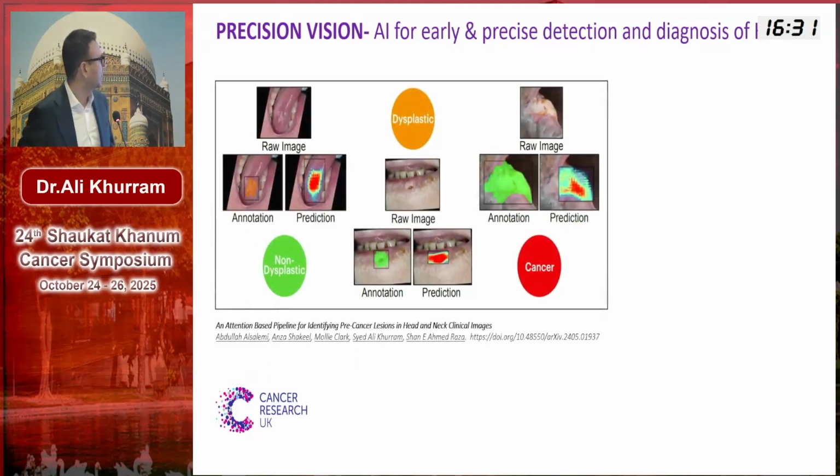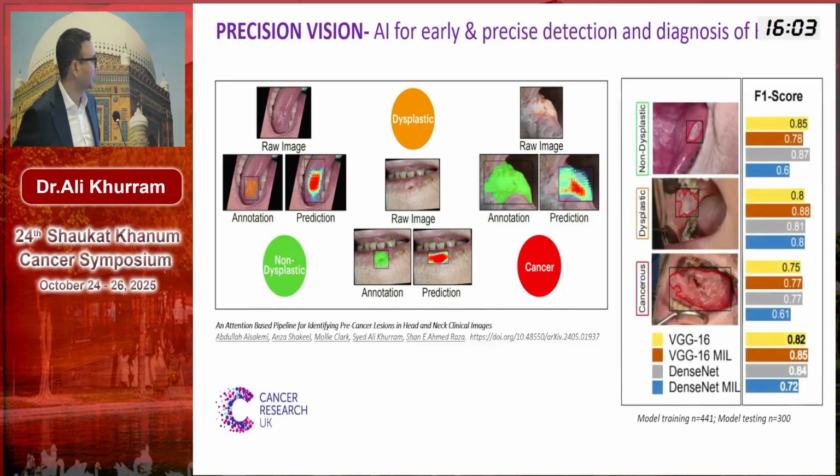So here's an example of this further work. Again, you can see non-dysplastic is in green, cancer is in red. We've added an extra class, so it's benign or non-dysplastic, dysplastic, and cancer. And you can see these predictions here of the model identifying or picking where the lesions are and what their likelihood of diagnosis is, which can hopefully one day help clinicians in terms of referring patients or deciding which lesions to biopsy or not.